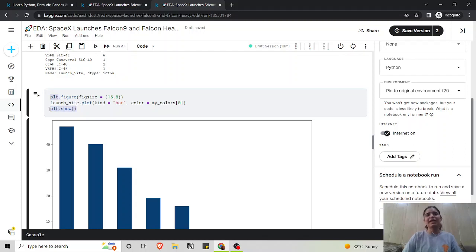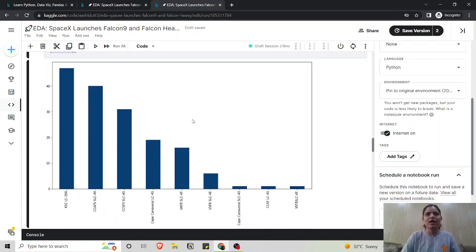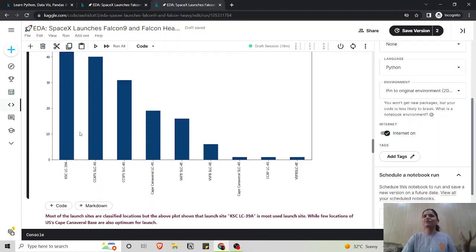And also use plt.show always, so it helps you remove those excess warnings and tidbits of data that show up. So here we can see the maximum times this KSC LC launch site was used. It's actually interactive and gives you a much better understanding rather than just looking at the code, right?